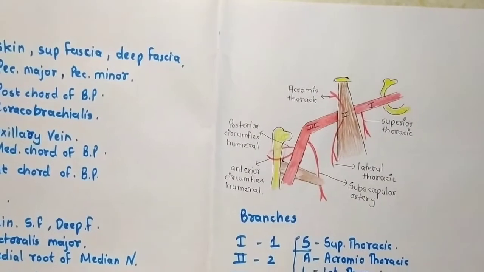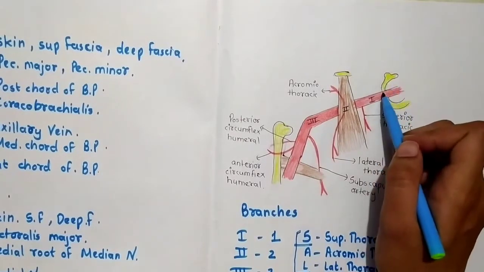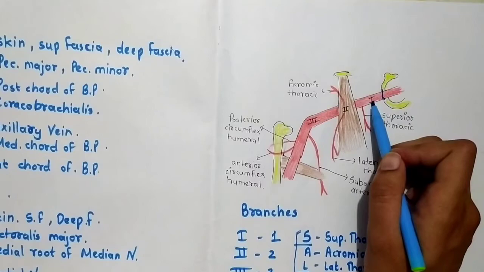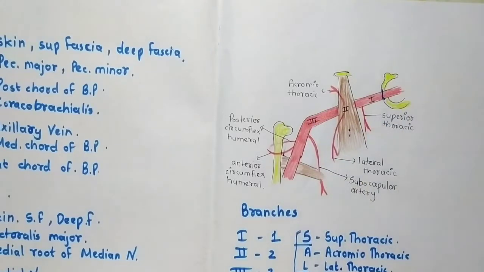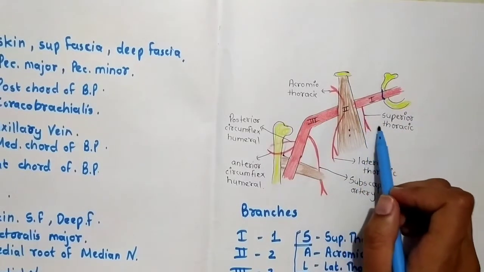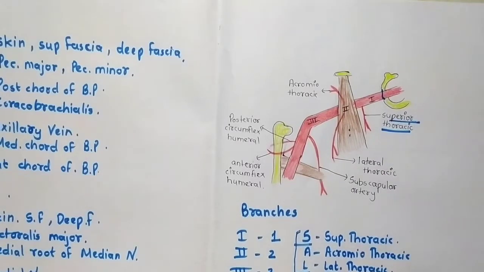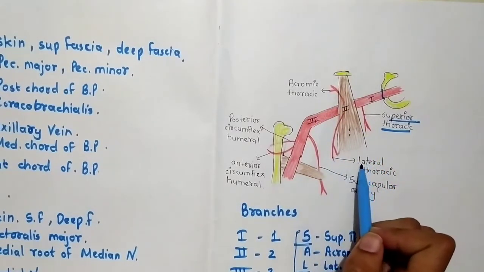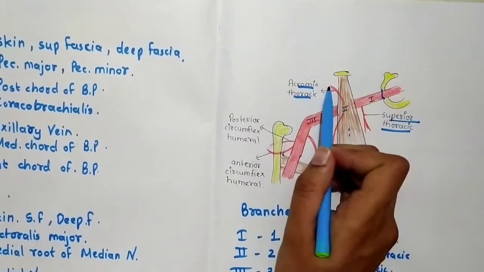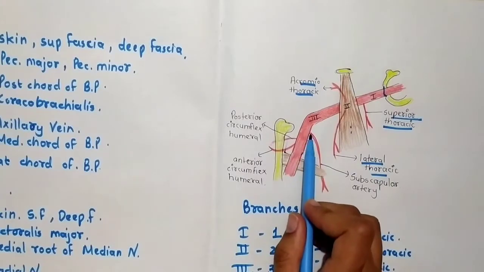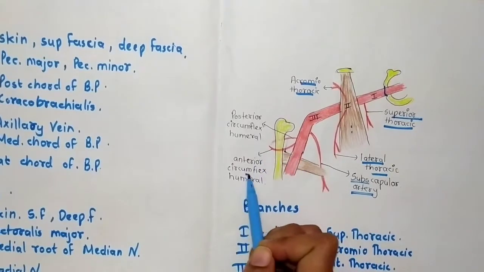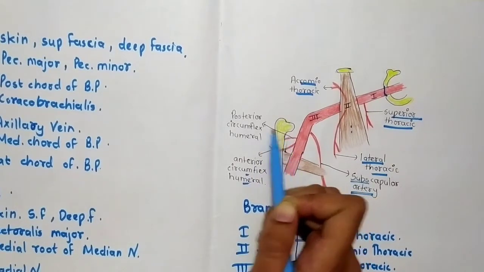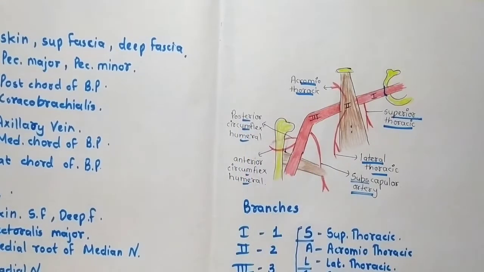Now in the diagram, this is the rib. From here the axillary artery is starting. This is the first part, this is the pectoralis minor muscle, that's why it is the second part and third part. From the first part you can see there is the superior thoracic artery. From the second part there are two branches, lateral thoracic and acromiothoracic, and from the third part there is the subscapular artery, and two more: one is anterior circumflex humeral and one is passing posterior, that's why posterior circumflex humeral. So these are all the branches of this axillary artery.